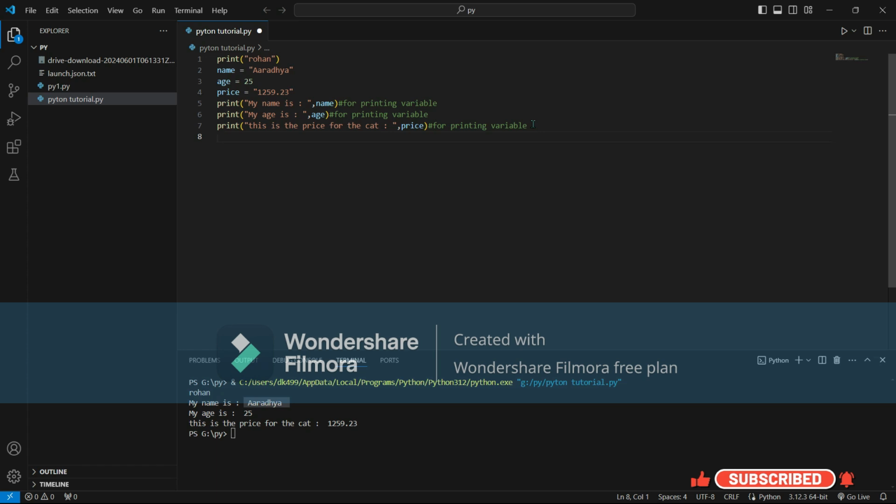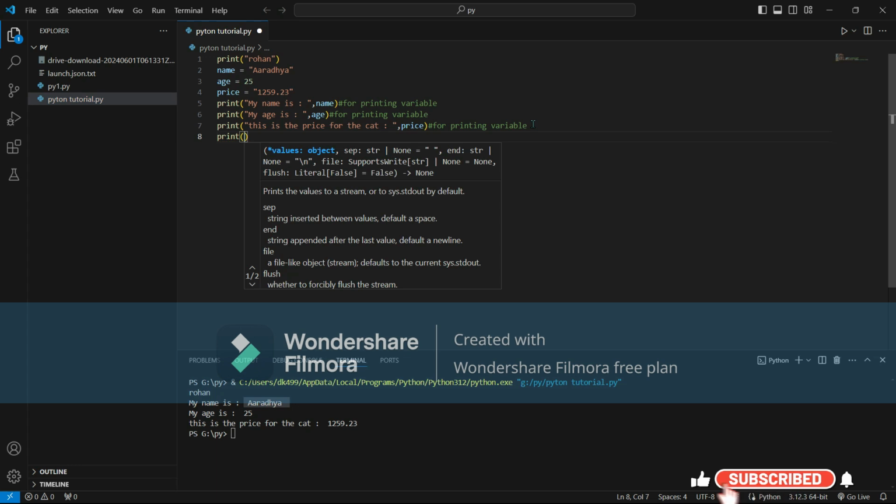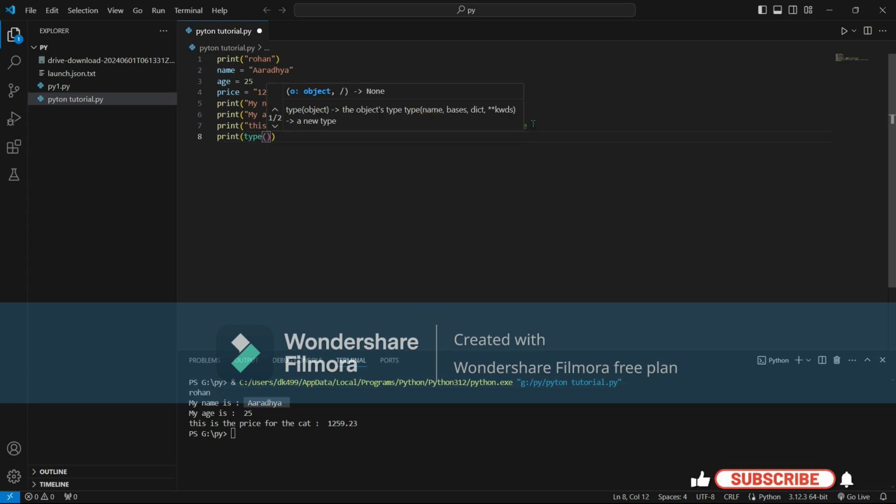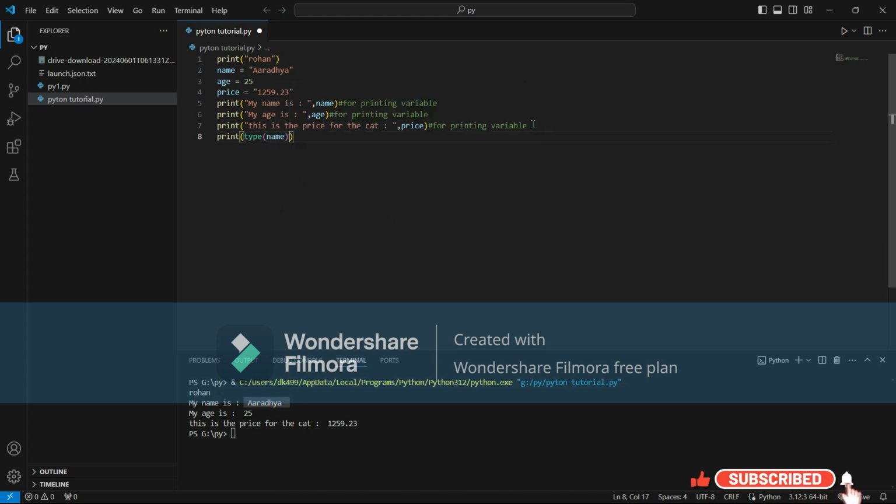So first of all, I will write print, brackets, then write type, for recognizing what it is, then I will write bracket again and write name, and then close it twice. Then I will write a hashtag and write comment for the type of variable.